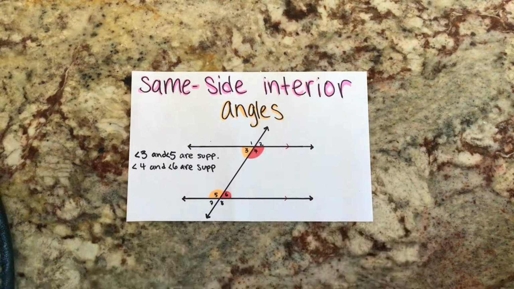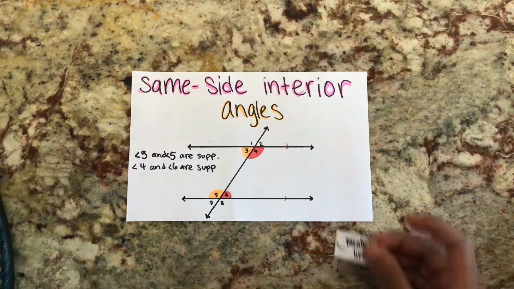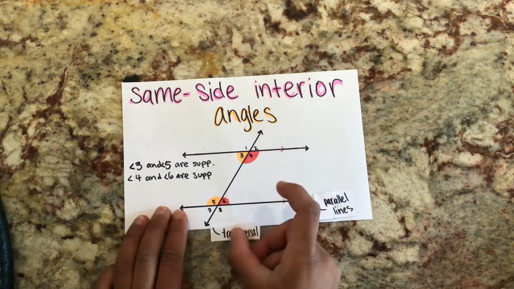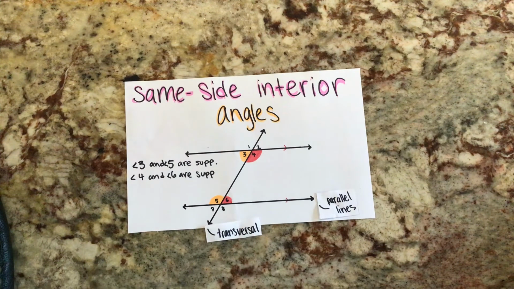These are same-side interior angles. As per usual, I will say it's a great idea to draw a diagram like this one into your notes to remember for later in the future. Looking at the diagram, we have our usual parallel lines and transversal. However, same-side interior angles are very different from corresponding and alternate angles because the pairs are not congruent, but instead